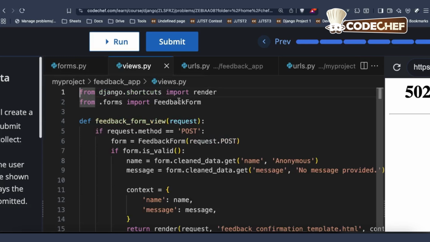We have imported that over here, and then we have defined a view called feedback_form_view. Now let's break down what happens here. If the request method is POST, it means the form was submitted. We bind the submitted data to a form using the FeedbackForm(request.POST), and we validate the form using form.is_valid. Now if the form is valid, Django makes the cleaned version available inside form.cleaned_data, and we extract